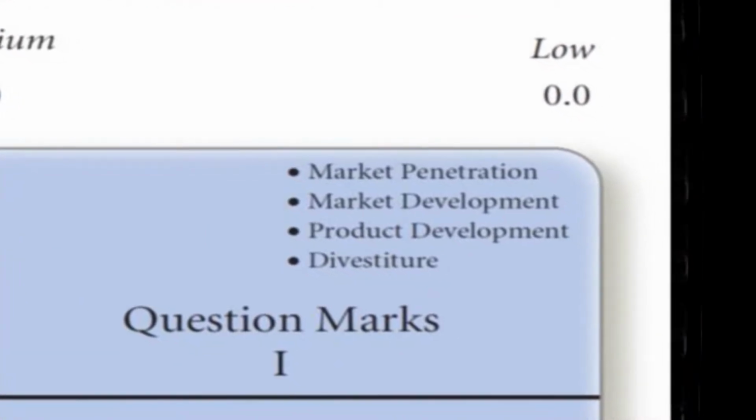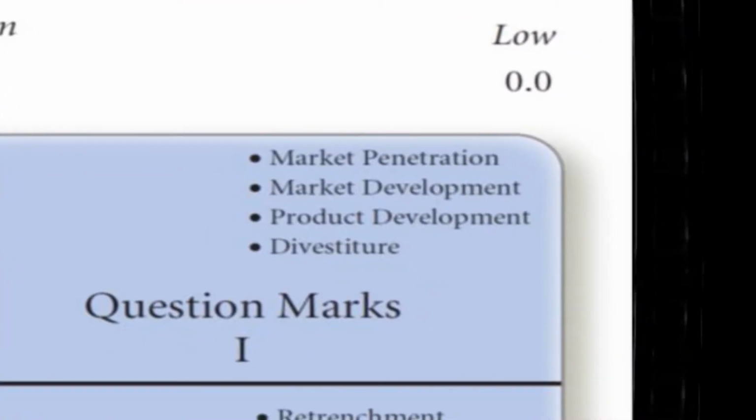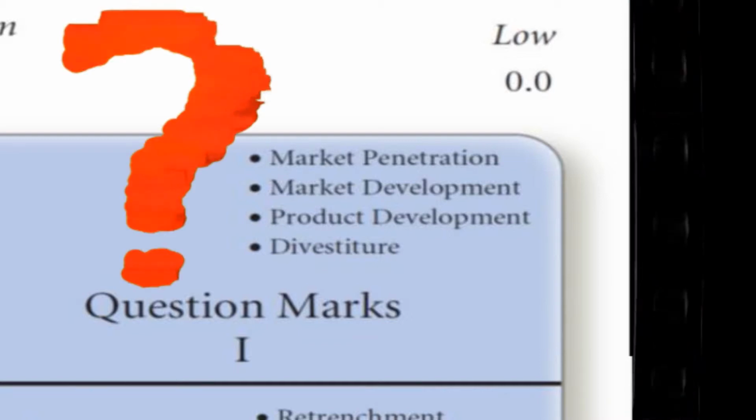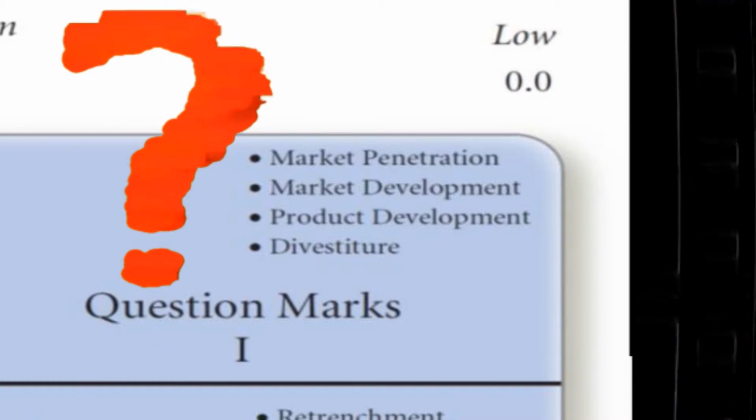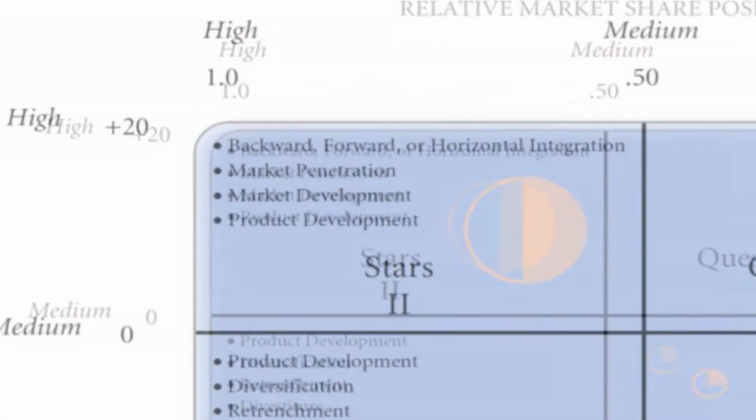Divisions located in quadrant 1 are called question marks. It means that they have a low relative market share position, yet they compete in a high-growth industry. Generally, these firms' cash needs are high, and their cash generation is low. They are called question marks because the organization must decide whether to strengthen them by pursuing an intensive strategy like market penetration, market development, and product development, or to sell them,